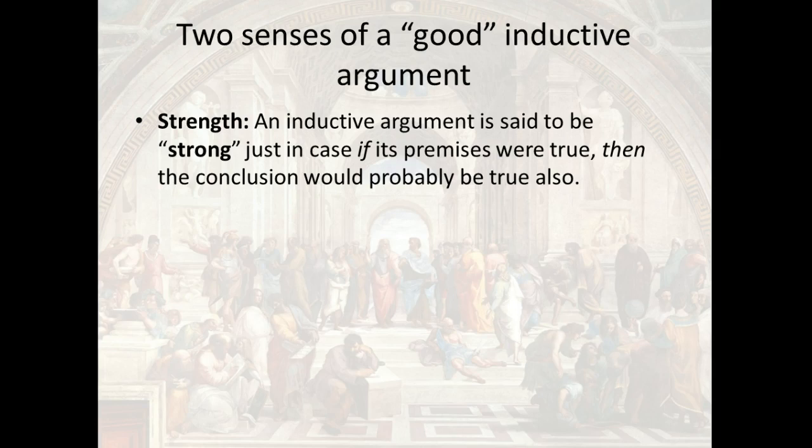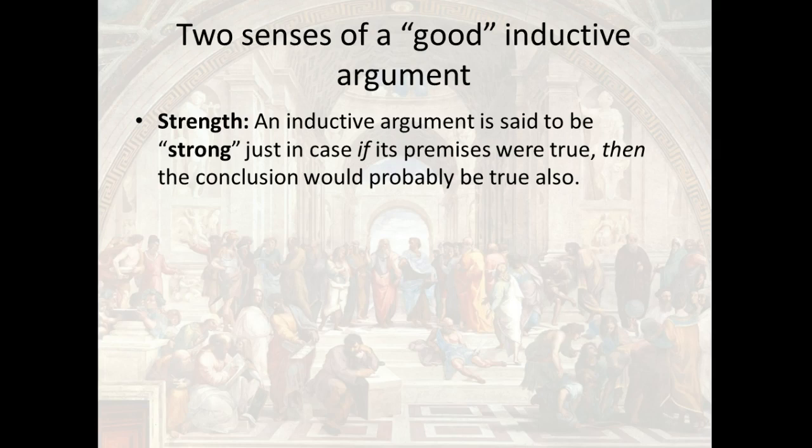Now, before we get to cogency, there are issues of defining what counts as a strong inductive argument. In fact, in my other ones, you might have said, well, I don't know, maybe 20 apples wasn't enough. Maybe you need to look at 30 for it to be really strong. What if I said we looked at 2 apples and one of them was bad, therefore we can conclude that half of the rest of the crate will be bad? Well, you might say, that's not a very strong inductive argument. So there are some questions. What qualifies an inductive argument as strong?